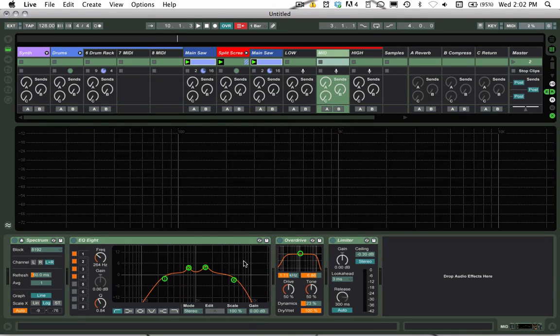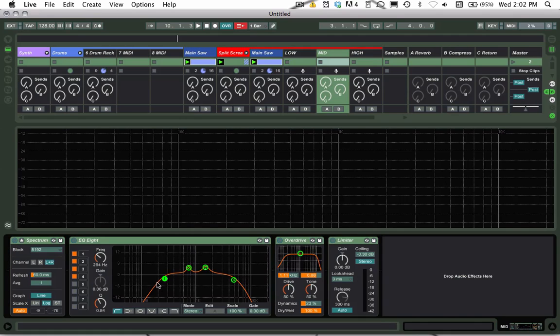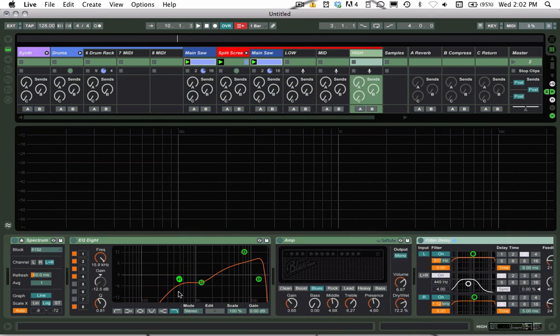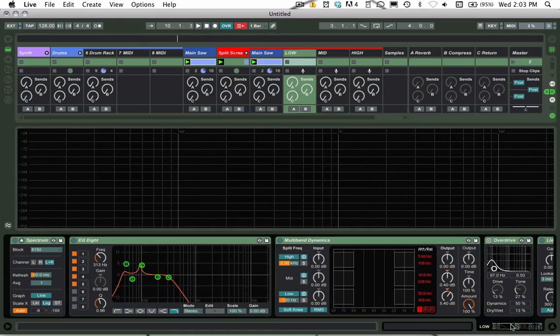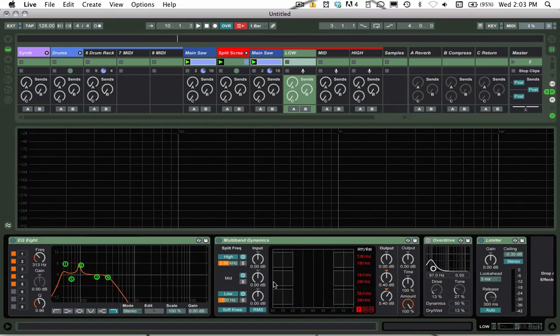I'll get on to the distortion. Here I EQ'd everything, pretty much below 250, and everything above 5 kilohertz. And this one, basically you're going to end up dropping out everything below 1 kilohertz. And so then from there, I went back and on my very lowest frequencies, I actually put